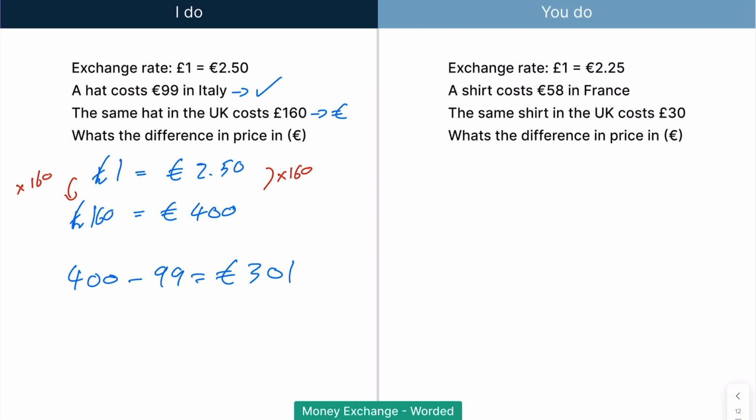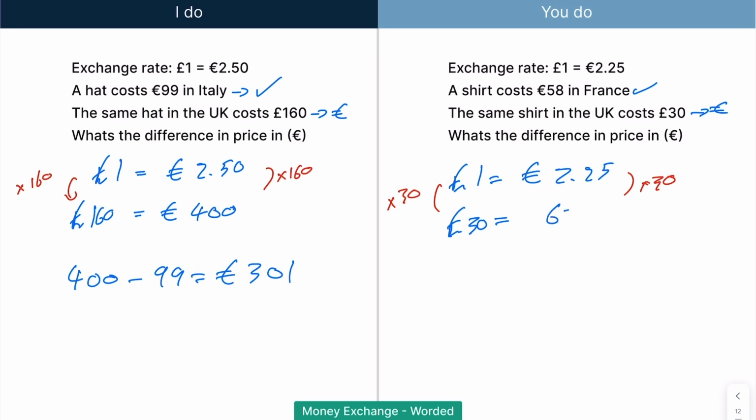Again, the question is asking for the answer in euros. So that's been done for me. Here, I need to convert this to euros. So what is £30 in euros? Well, £1 is 2.25. And then £30, well, to go from here to here, I've multiplied that by 30, so I do the exact same thing on here. So I do 30 times 2.25, and that gives me 67.5 euros. And the question now asks me for the difference, so I would just do 67.5, take away 58, and that gives me